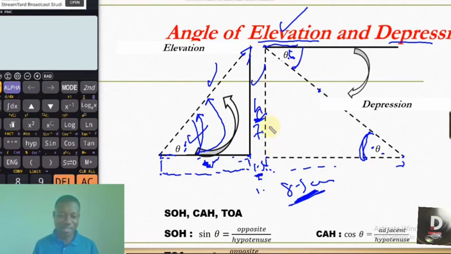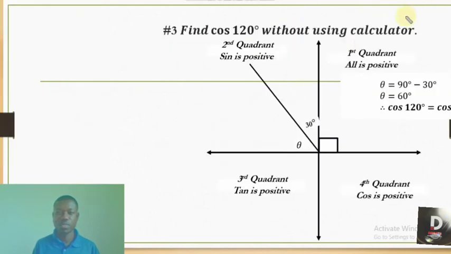So let's move on. So looking at this, you can say find cos 120 degrees without using